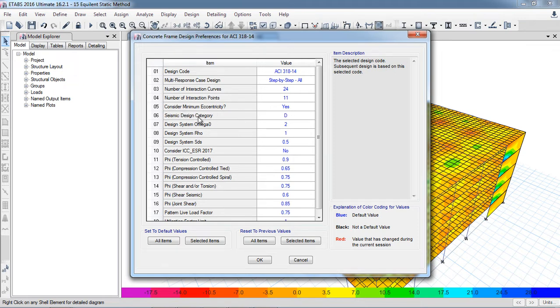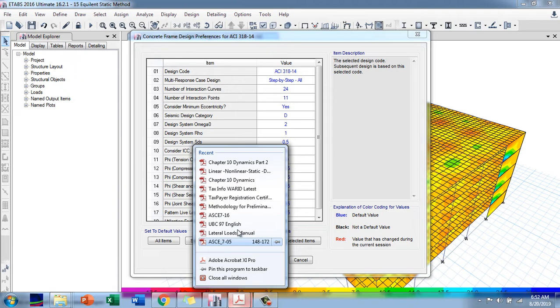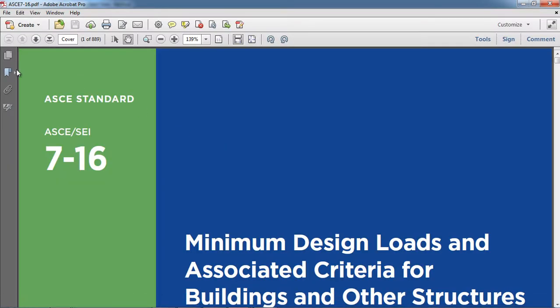Seismic design category, that is based upon in which earthquake zone your building is present. You can also study the seismic design category. Design system Omega, so how you can see this value, that is basically our strength factor omega. So for example, if you are designing a moment resisting frame, or intermediate or ordinary moment resisting frame, for all types of structures, here ASCE 7-16,